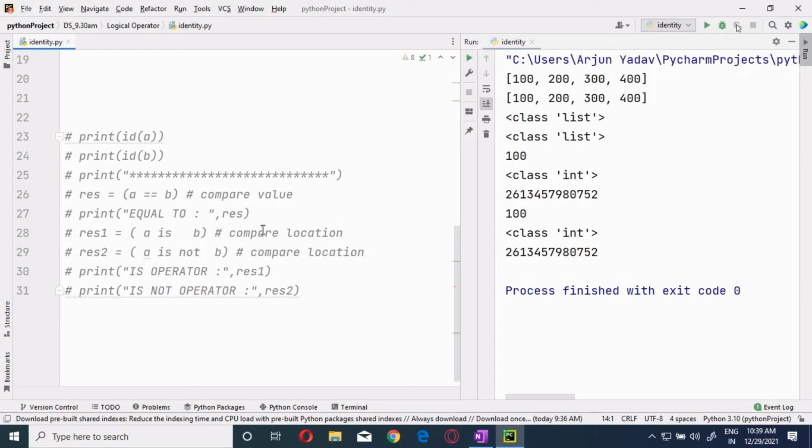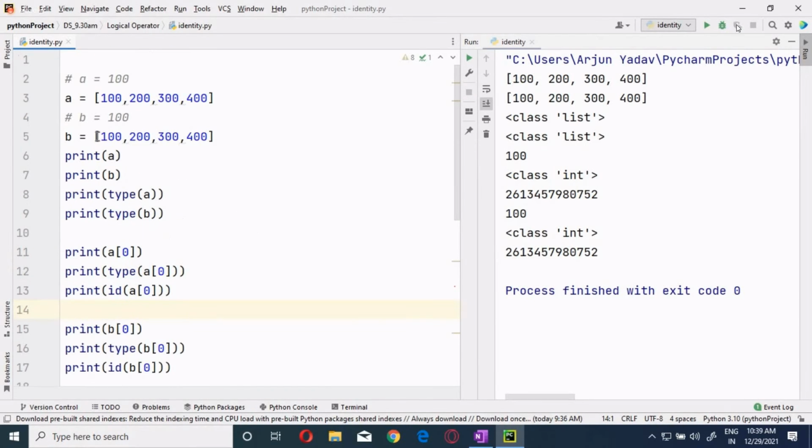Because the list is a sequential data type, if the same values are there, they will never share the same memory location. They are in 2 different memory locations. Remember that. Again, inside it is an integer, right? They are integers over here. Now, suppose I do x is equals to 100, guys.